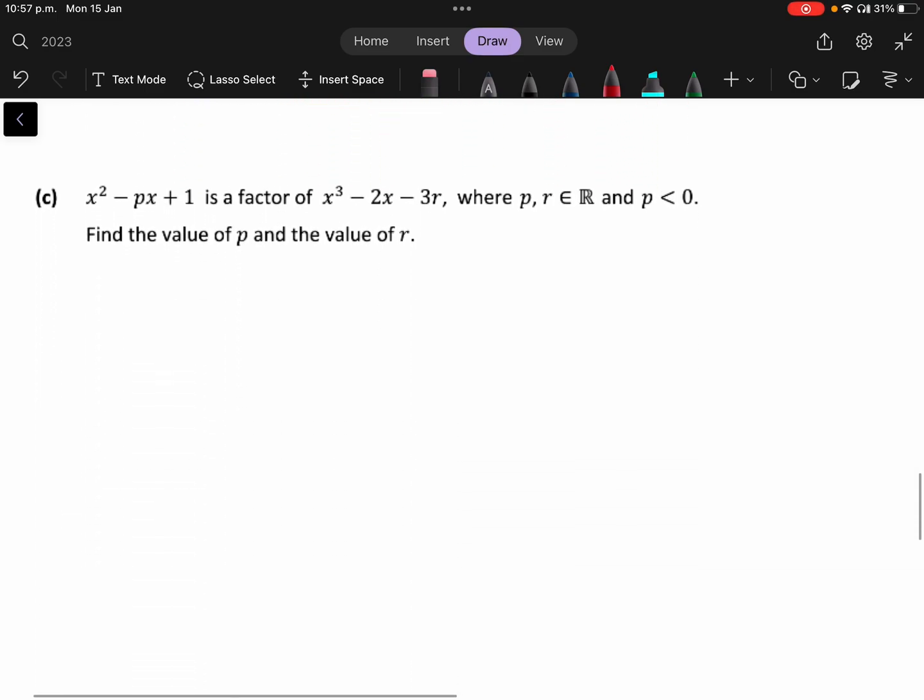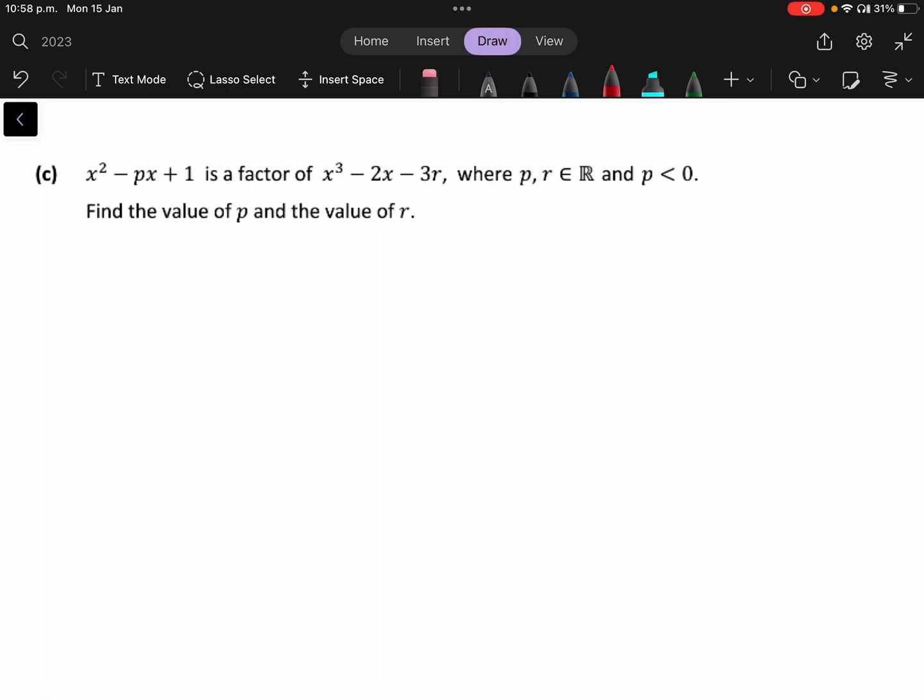Okay. Now this question: x square minus px plus 1 is a factor of this, where p and r are elements of R and p is less than 0. Find the value of p and find the value of r. Okay, so if this is a factor of